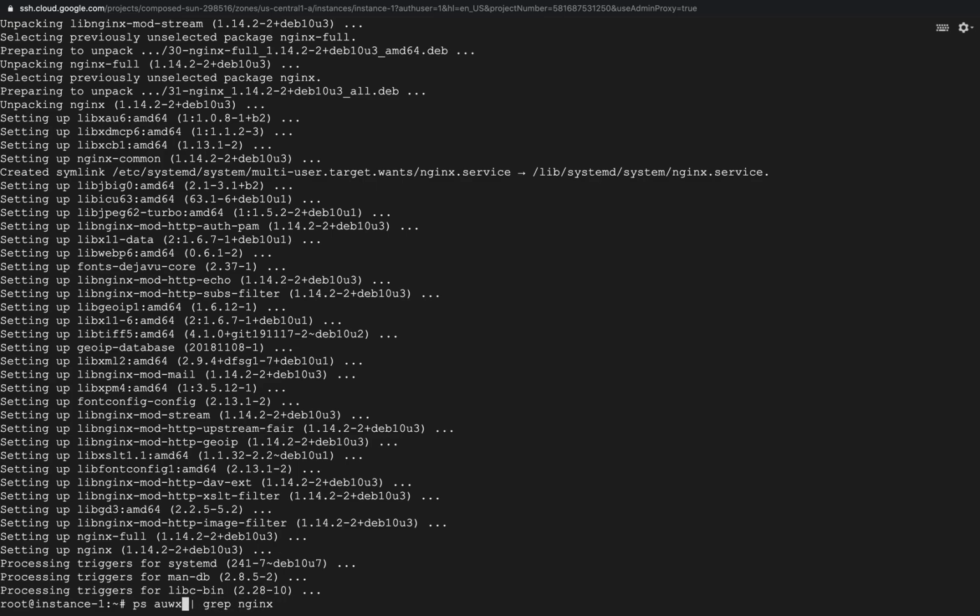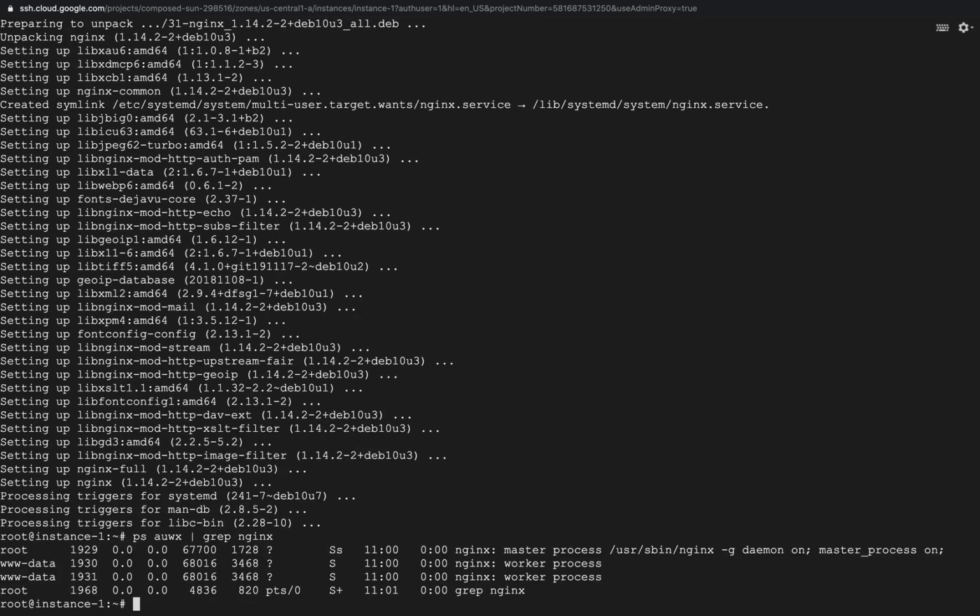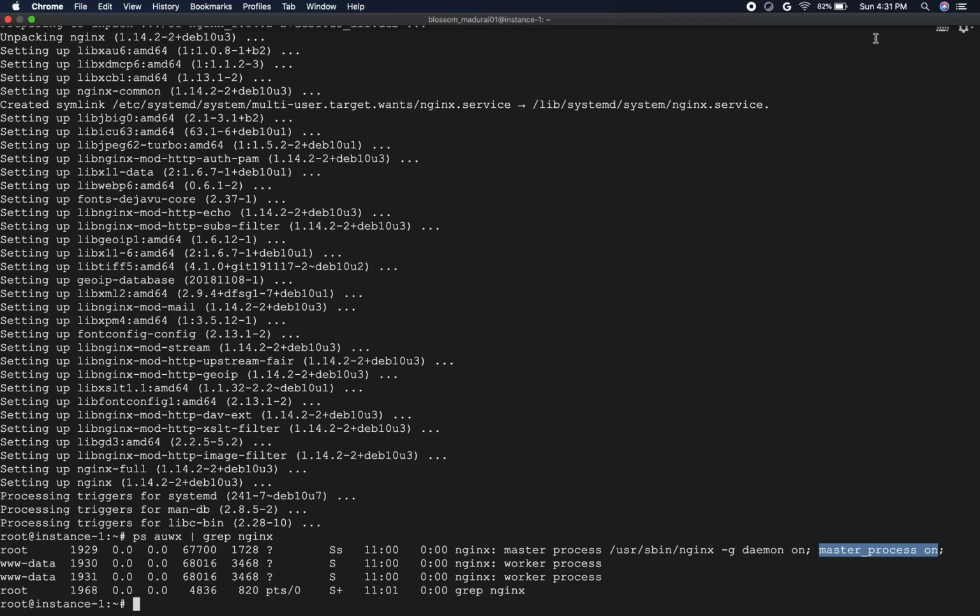Yeah, X. Now we have to enter the command so that we can confirm that nginx is running or not. Now you can see this root, www-data. Here we have the options master process on and daemon on, so it is running now. We have confirmed it is running.